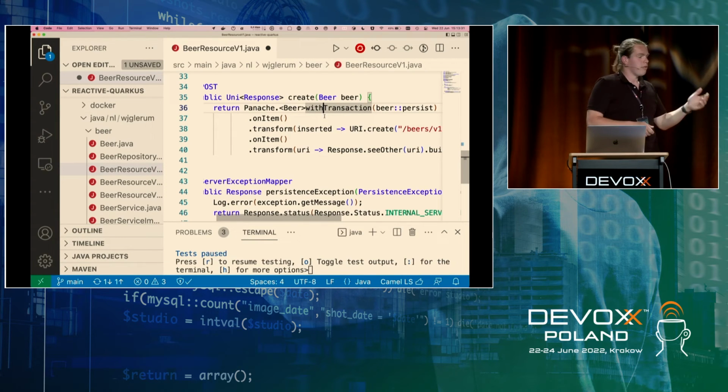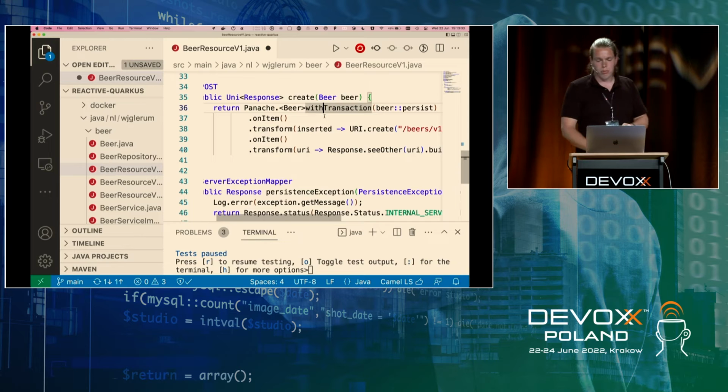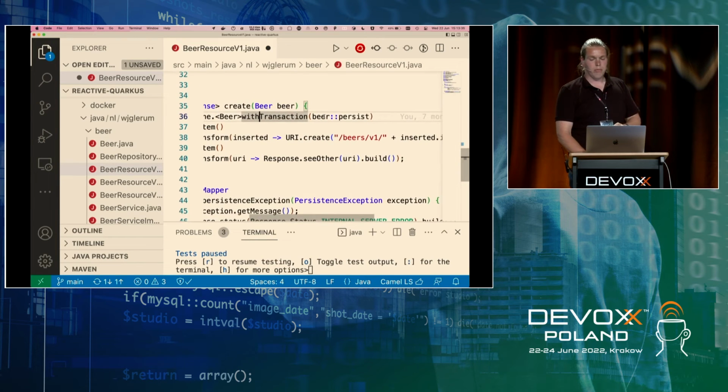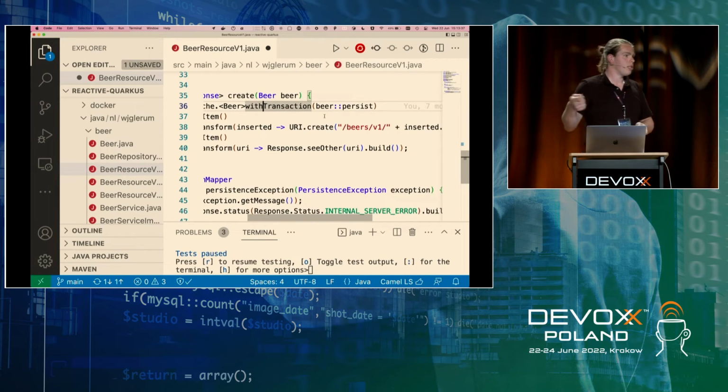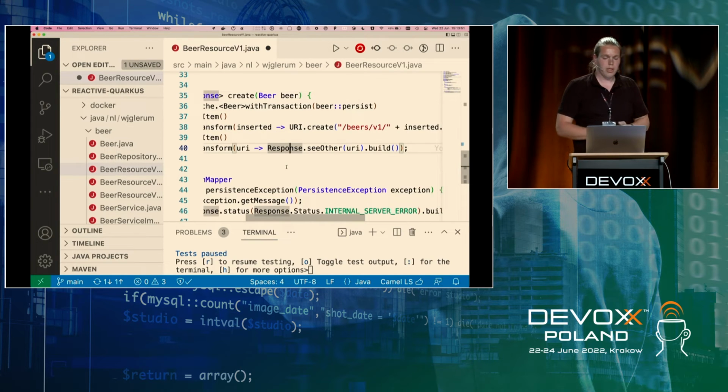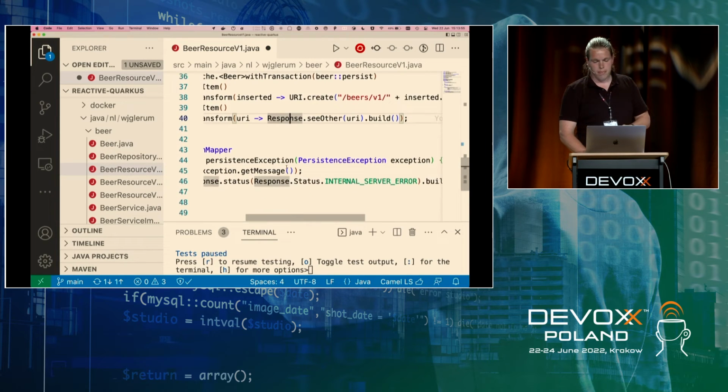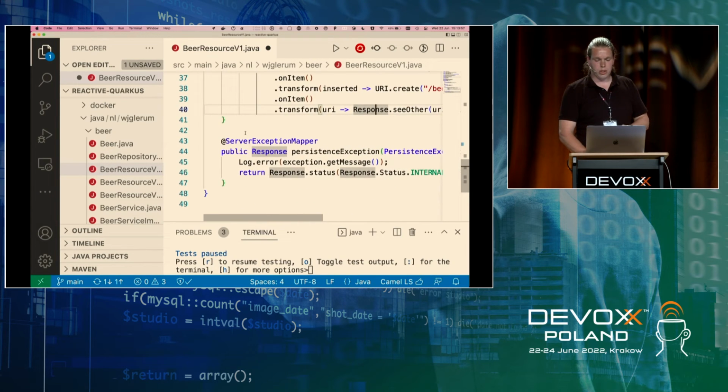If I then save this element, I want to transform what I get. When I persisted it, my database assigns it an ID, so I get the entity back with an ID. And then we generate a URI from that entity, so I can redirect my user back to the newly created beer. And that's what I do in the end, as the last step, I get this URI and map it to a response. And again, here we define the server exception mapper just on the resource itself.